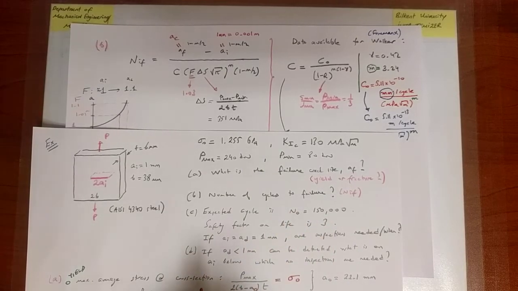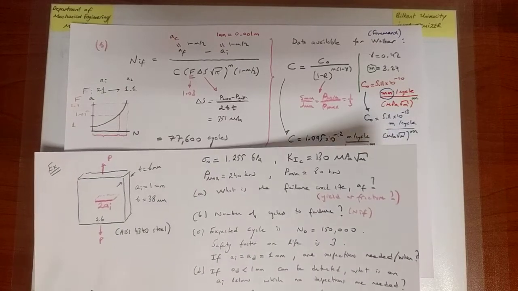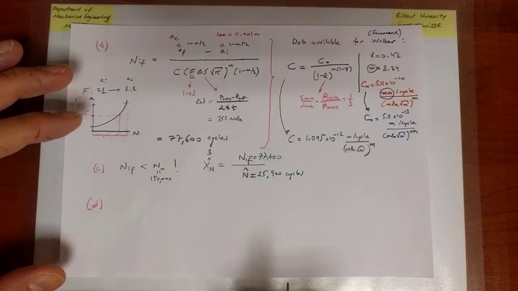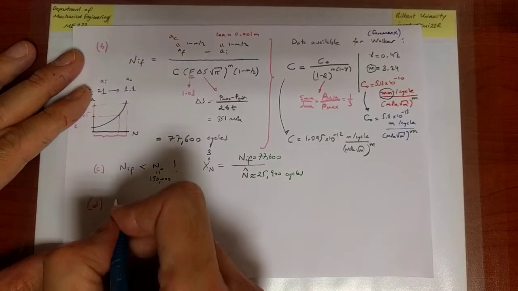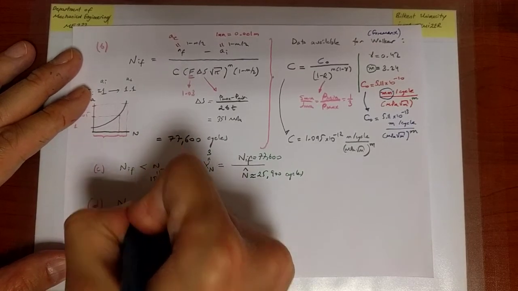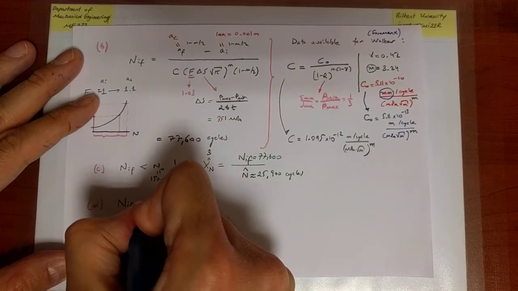Okay? So think about that answer for a second, how you would do it. We have everything on the papers that we have on our notes that we have developed as we solve this problem. So now the answer is we want NIF, okay, to be